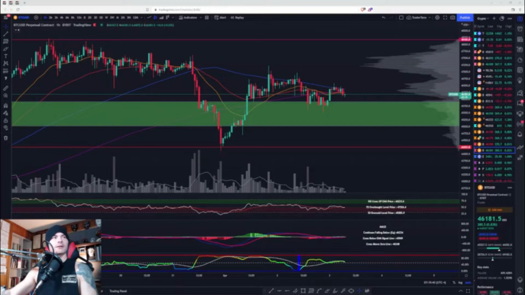All right, so here we're on Bitcoin on the 1 hour on Bybit. Your moving averages are converging together, so whichever way this fans out is going to mean a lot, whether it fans out to the downside or the upside. Kind of dancing around the moving averages right now, even though this has dropped. If we can get back into the moving averages, we're kind of just going sideways.